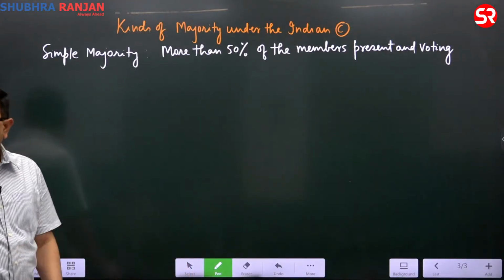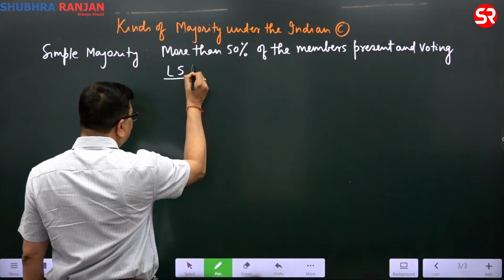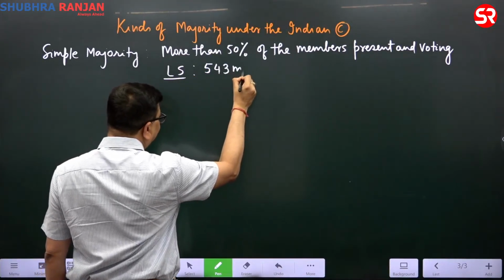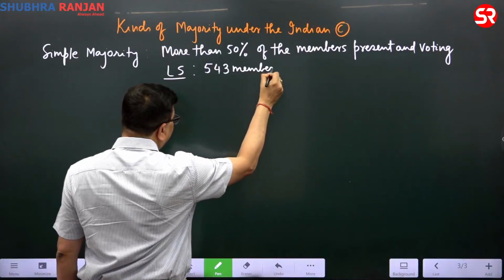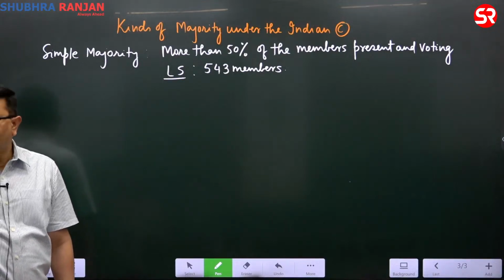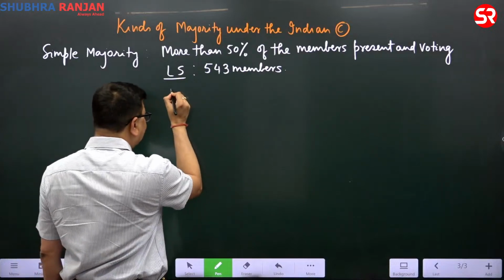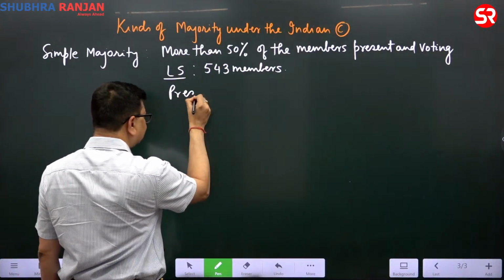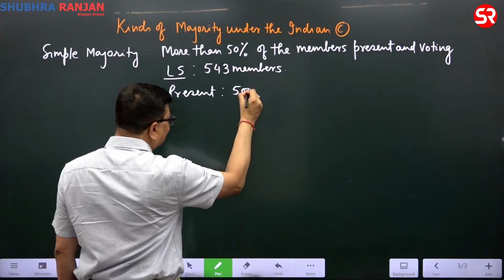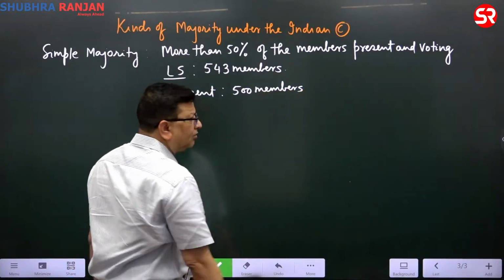Now suppose in the Lok Sabha we have a strength of 543 members. All the members are not present daily. Suppose on a particular day 500 members are present in the house,